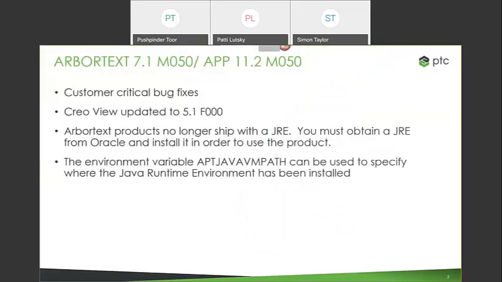First off, I will cover some that was released earlier this year, just to give you kind of a reminder of what we did previously. So around the June timeframe, we released our Arbortext 7.1 M50, and at the time it was called APP 11.2 M50. Primarily, this was for customer critical bug fixes, but we did also update the Creo View plugin to